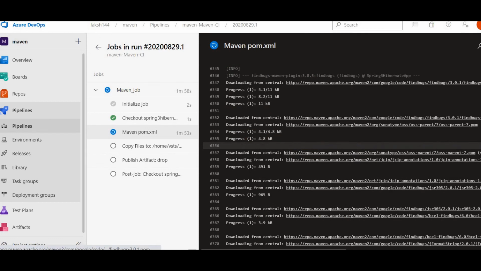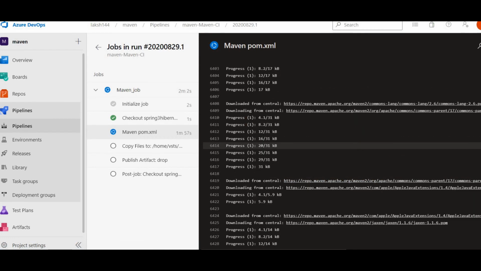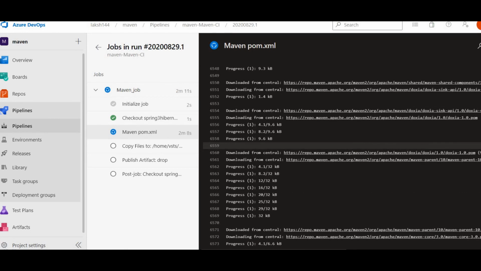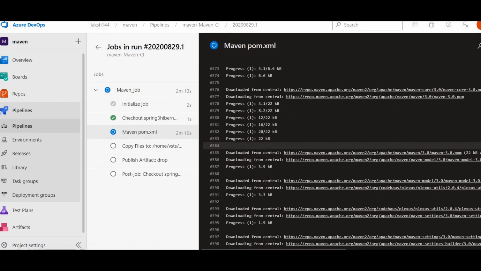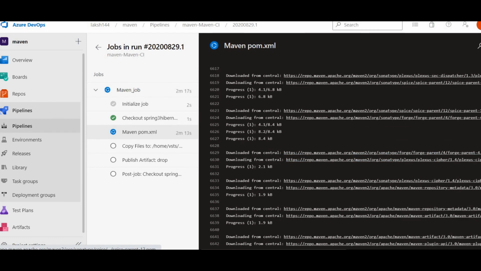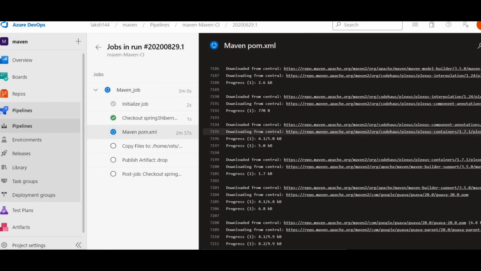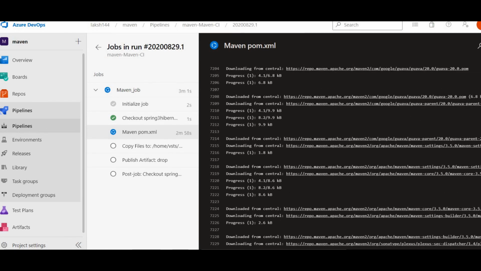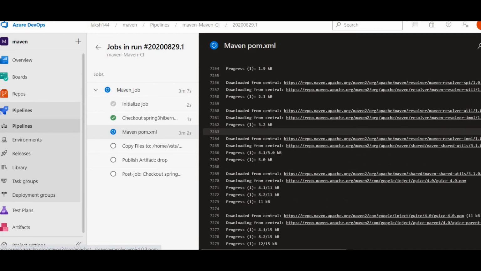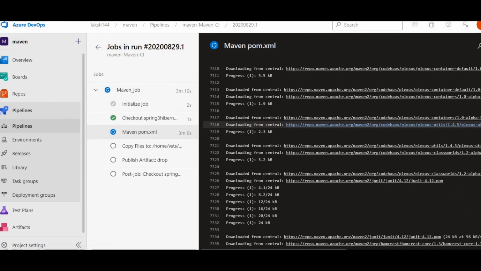A lot of dependencies are there, it is downloading. It might take time on your system depending on the code. My system is taking a lot of time, that's why I'm pausing the video in between. It's been around 2 minutes 59 seconds, 3 minutes 0 seconds. How much do I need to wait?